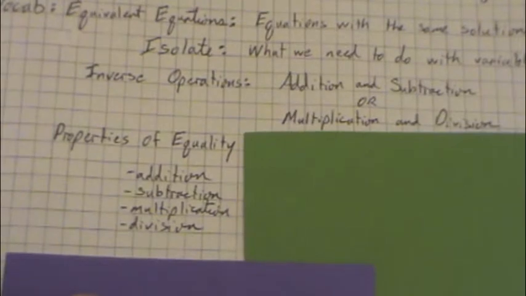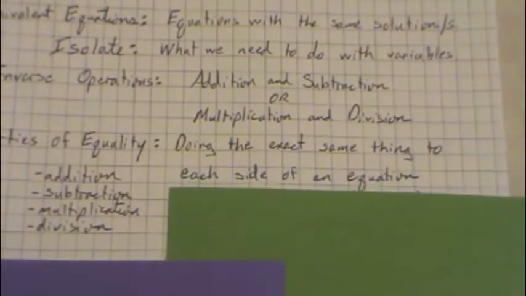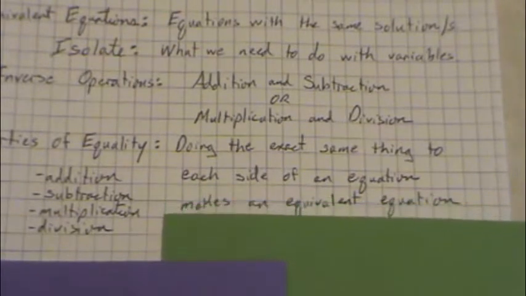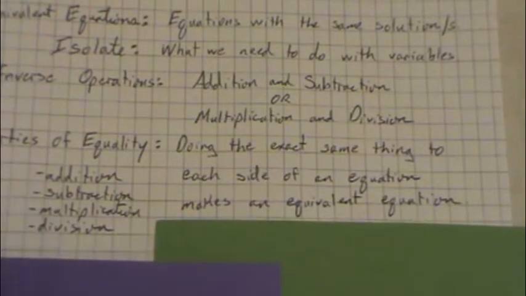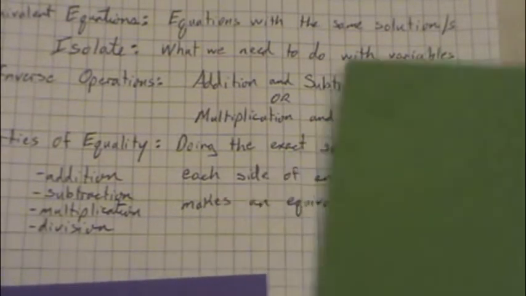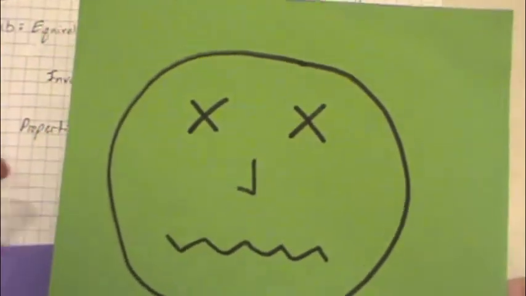Properties of equality basically means doing the exact same thing to each side of an equation makes an equivalent equation. Now, I'm betting that all of these definitions, upside down, are making you feel a little like this. They're kind of boring. They don't make any sense. The whole point of this is simply